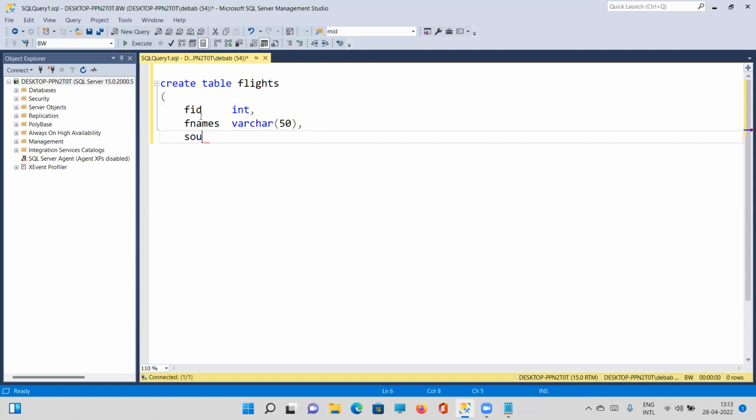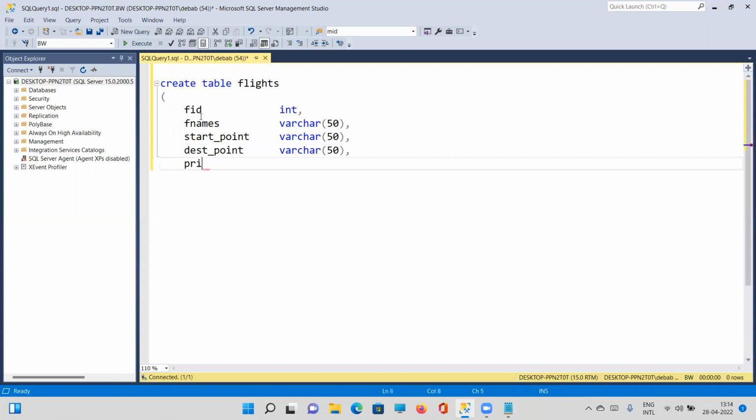We can have something like source point, from where the flight will start, or start point. And we can also have something called destination. So first let me write this: start point 50, as well as destination point, again as 50. And we can set the price of the ticket, which for simplicity can be integer. So if I create that table,